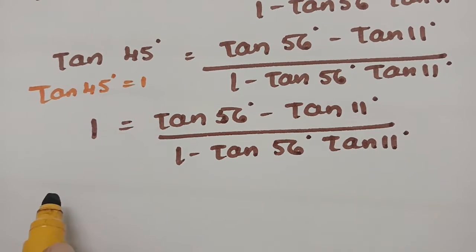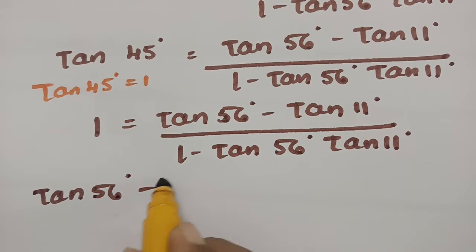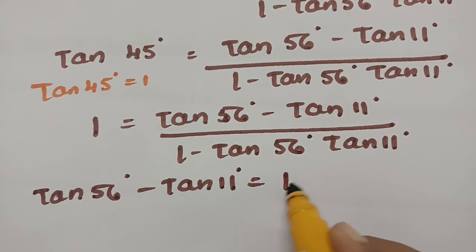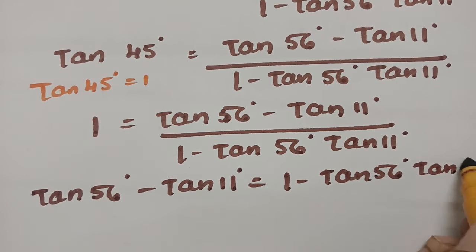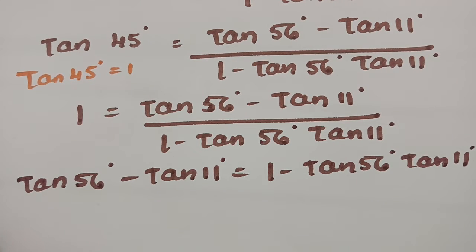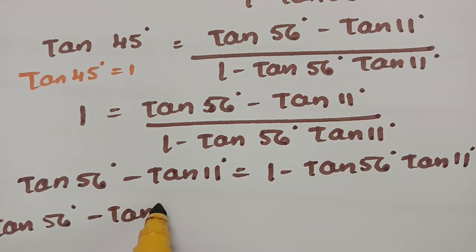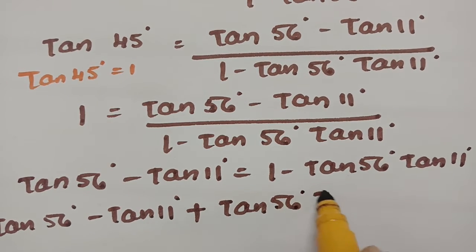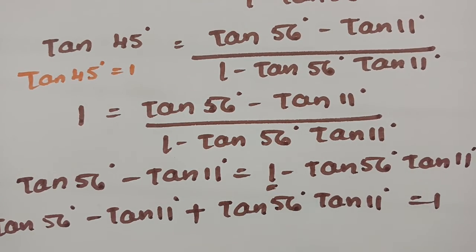So if I cross multiply, tan 56 degrees minus tan 11 degrees is equal to, if I multiply with 1, 1 minus tan 56 degrees into tan 11 degrees. So if I send this to the other side, this will become tan 56 degrees minus tan 11 degrees plus tan 56 degrees into tan 11 degrees. What is remaining here? 1. Therefore,